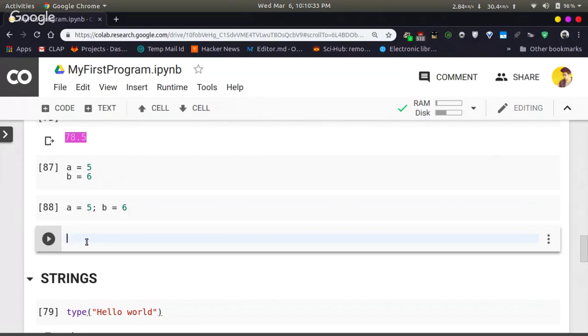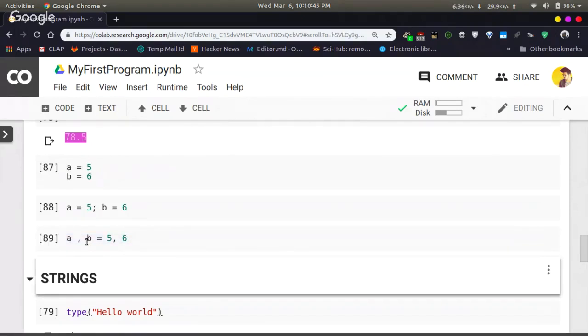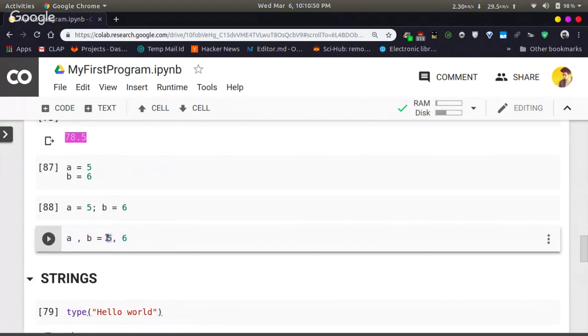Another way is you can simply write a comma b and assign it as 5, comma 6. This is another way to assign the same. What happens here is that the first value will be assigned to the first variable, followed by the second value being assigned to the second variable.